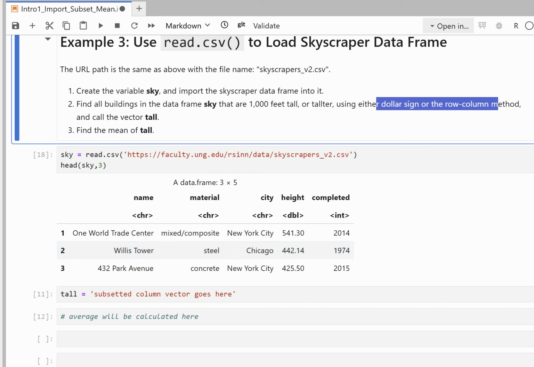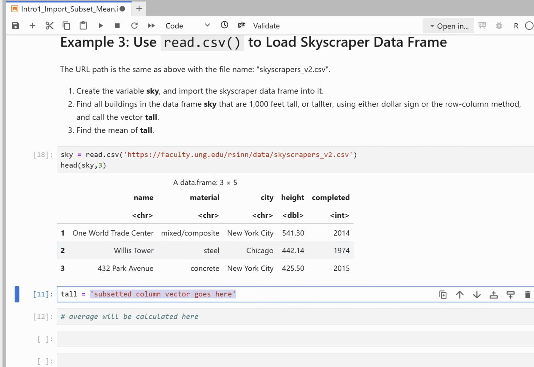I'm going to use subset, right? So I'm going to get tall. What am I going to do? I'm going to say tall is subset of the sky data frame, right? So that always starts. I say the subset function and then the name of the data frame I want to take a subset of, right? So what do I need? And all I need is 1,000 feet tall, right? So what am I going to do? I'm going to go to height